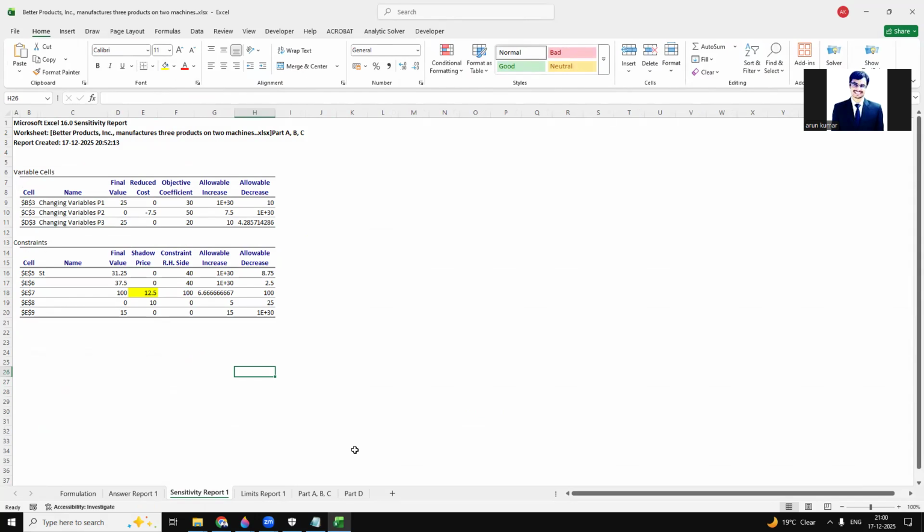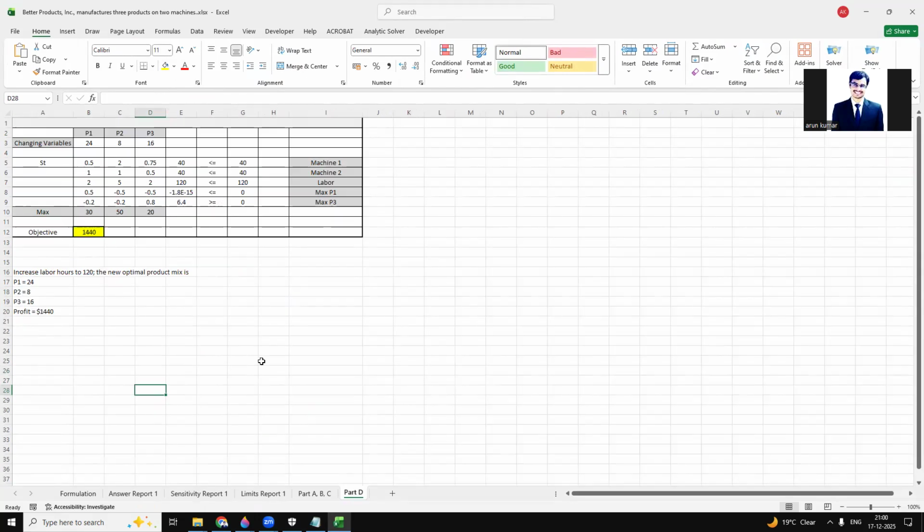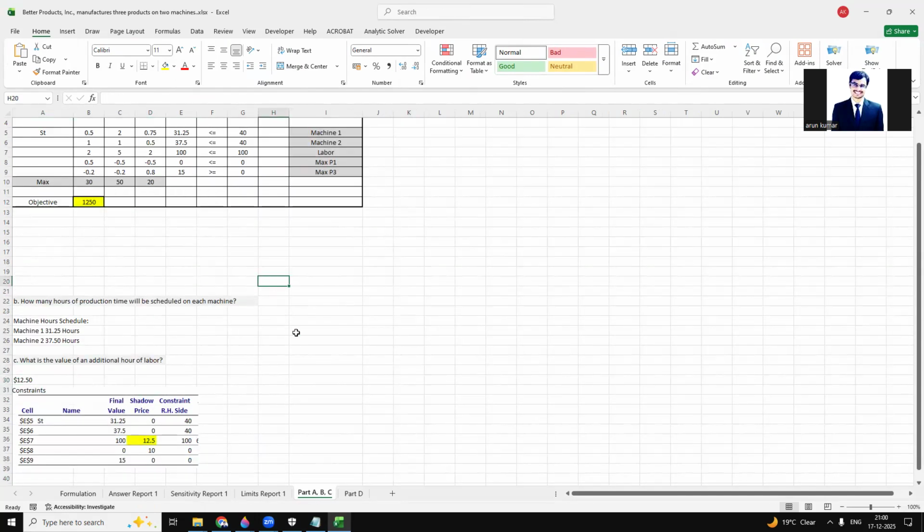And for part D, again, I reran the solver with the value 120. So now our final value is 1440. So this is the solver setup for all the sheets, and the other sheets are for formulation. I've used Excel solver and Excel formulas